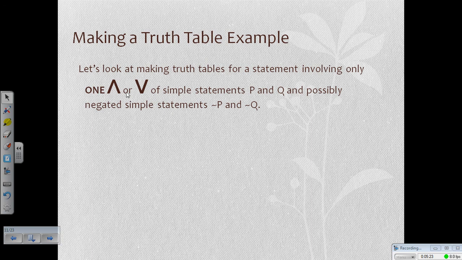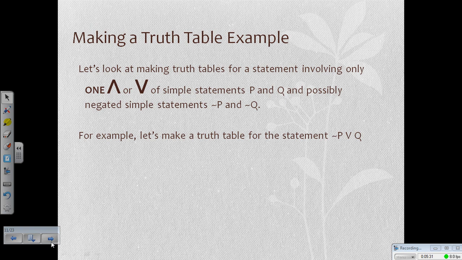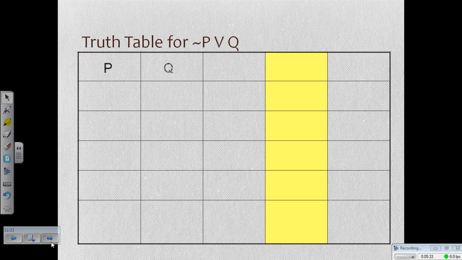We're going to look at a few of just ands and ors where you just have one symbol. It's going to get a little bit more involved later on. So let's look at not P or Q. When you set up these, this is how my math lab likes it. It has a P, Q, a not P, the or statement in the middle, and then a Q. We're going to set up our first column and our second column with a true, true, false, false, true, false,